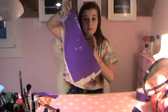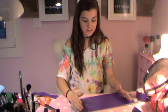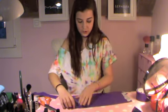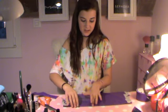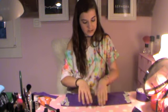So this is how it should look by now. It's much more stable because you have it on both sides. Now it's all uneven, so you're going to want to cut the sides to make them even. And if you have any extra sides that are left over, just fold them on top to make a nice crease. I was going to do that anyway, but there's already some extra bits, so I just folded it